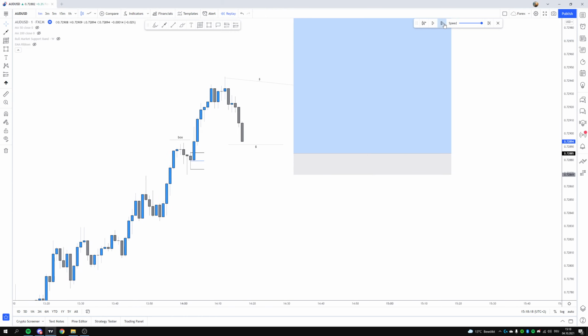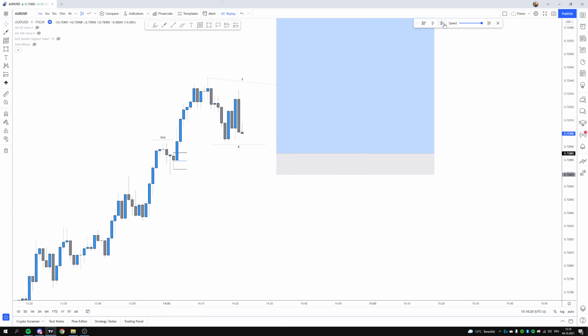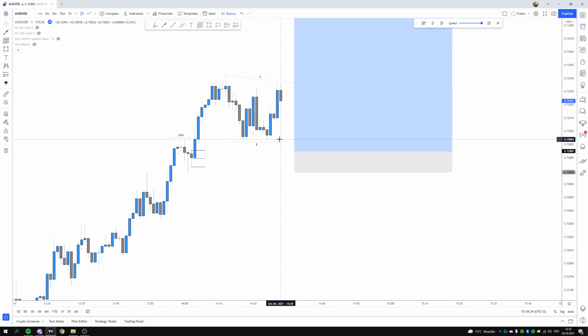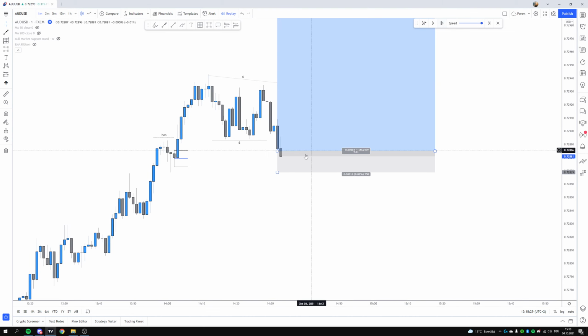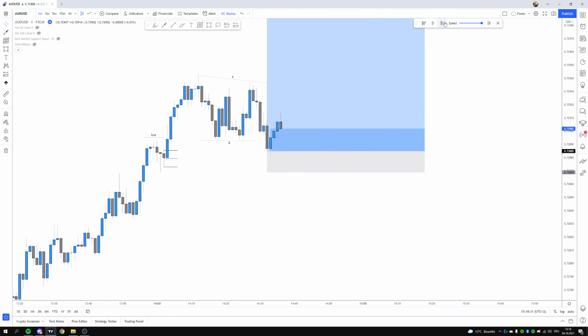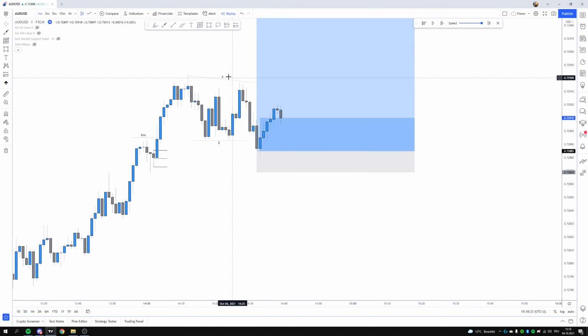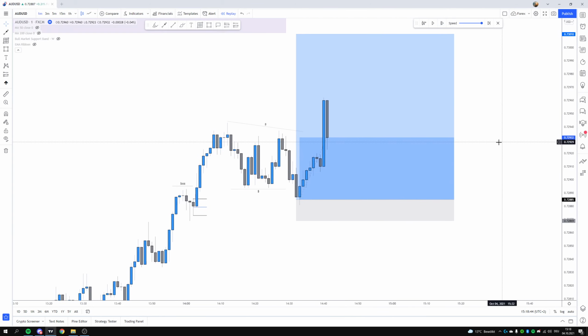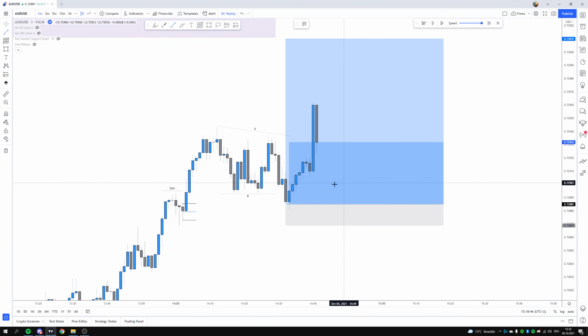Then I was waiting for price to come into the area. And as you can see, price made some liquidity right here. Price swept that liquidity and took me into this trade. Also price made a little bit of liquidity above these areas, not equal highs, above these highs, and then took them out. And basically at this stage of the trade, I moved my stop loss to this area